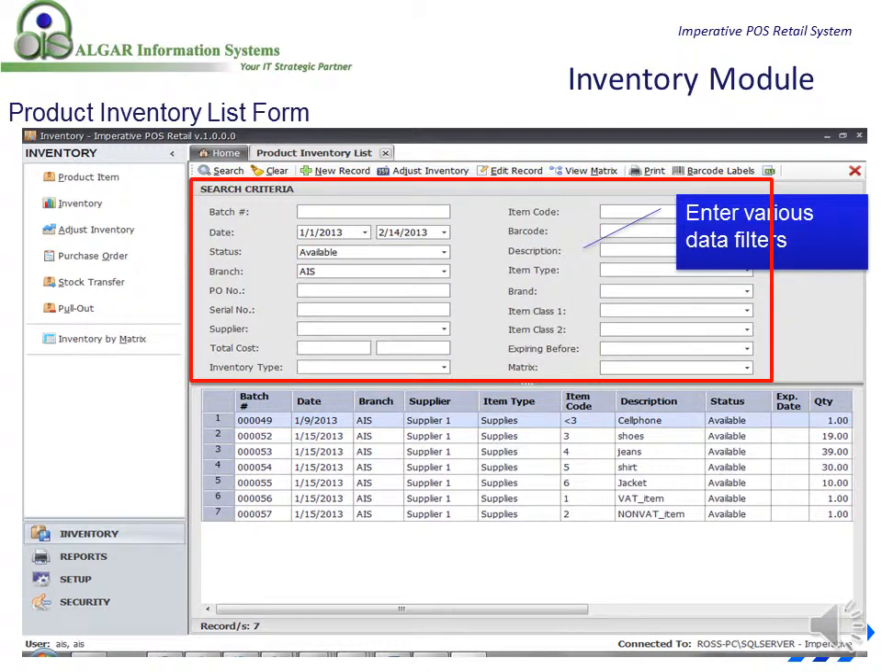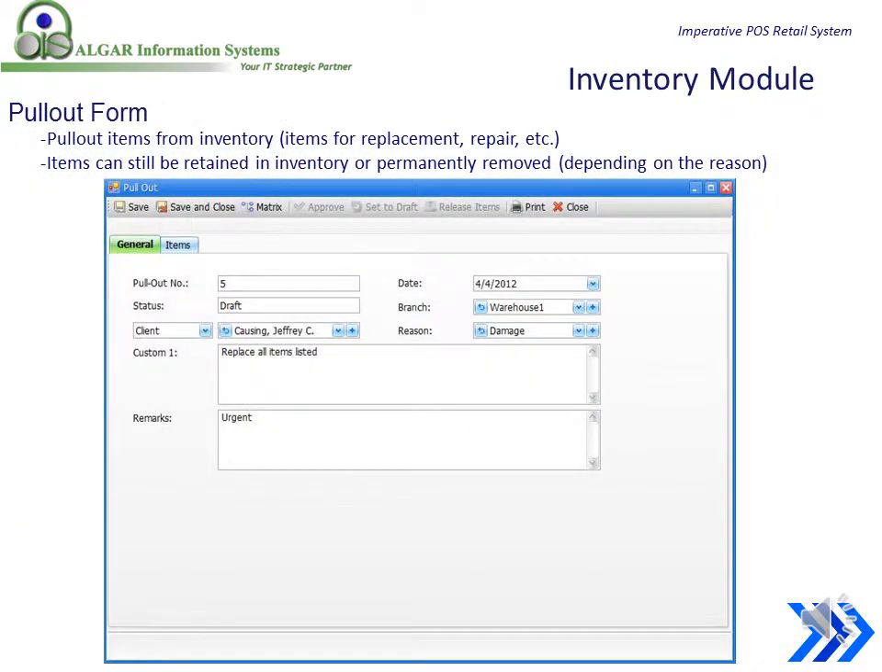Various search and sort criteria allow you to control what data will appear on the list, and in what order. With this, you can easily see how many items you have in stock for a particular location. The pull-out form lets you pull out items from your inventory. This is useful if you need to give back some items to your supplier for exchange, or if you need